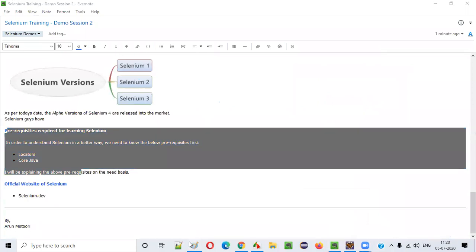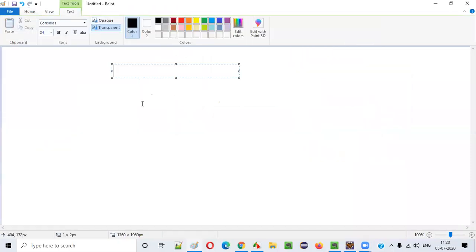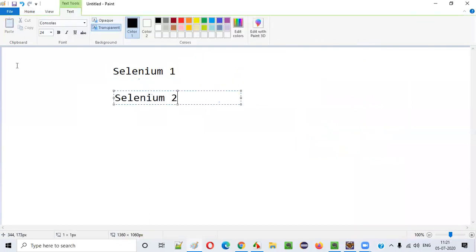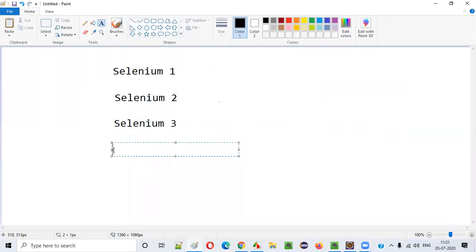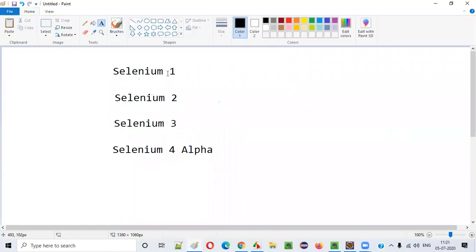Okay, so one more thing I was thinking of saying about versions, right? Selenium 1 came, then afterwards Selenium 2 came, right? Then afterwards Selenium 3 came. Now Selenium 4 alpha is running. So in Selenium 1,